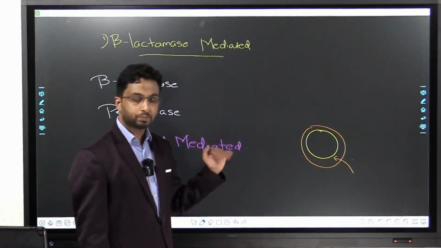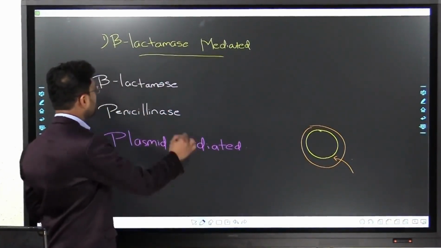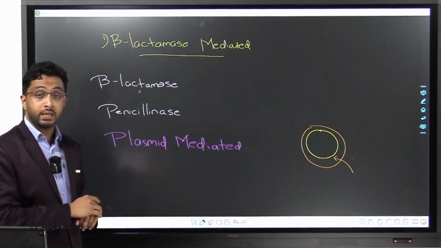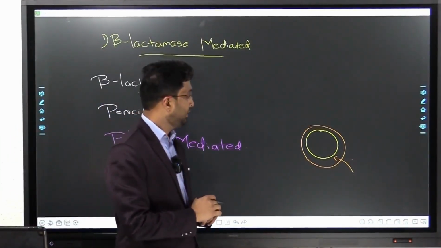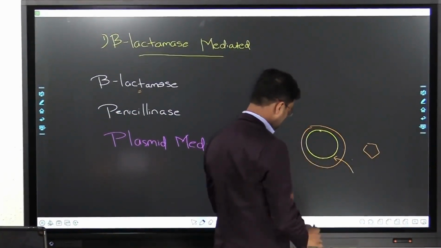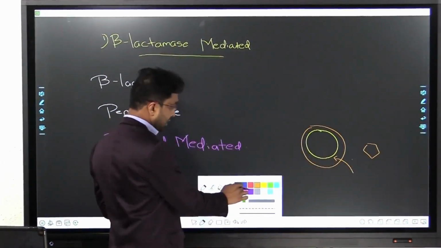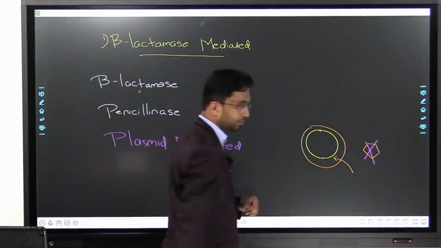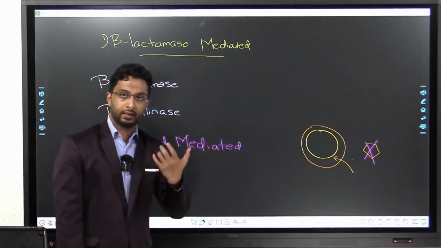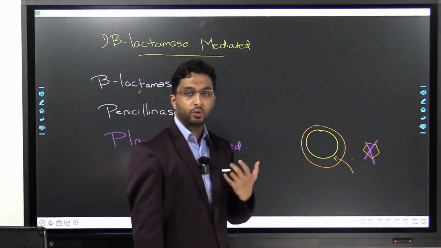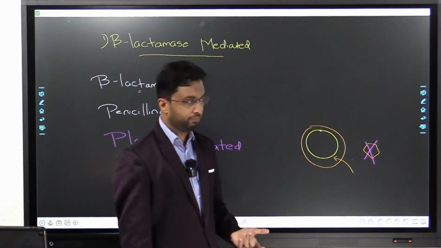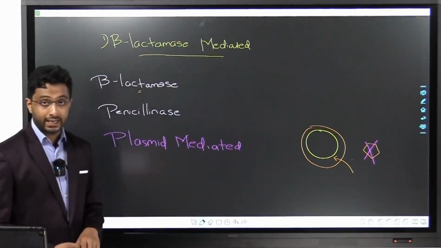Okay. Now, what do these organisms do? They produce something known as beta-lactamase. So that will destroy. So imagine this is a beta-lactam ring. So this beta-lactamase comes and destroys this beta-lactam ring. So you give the antibiotic to the patient. One example of a beta-lactam antibiotic is penicillin. So you give penicillin to the patient, it is not effective because the bacteria is producing beta-lactamase, or